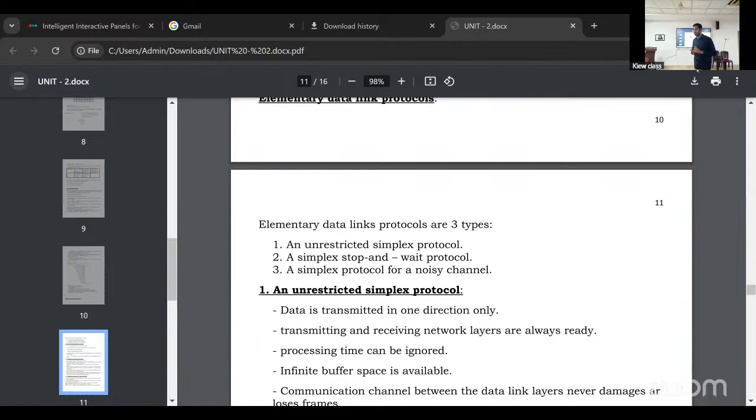What is loss? For example, credit card EMI. If you want to pay an EMI amount, particularly for a housing loan or any personal loan, any payment, we have some deadline. Within that time, you need to pay the amount. If the deadline is expired, what will happen? I can send a message. So here, within the timeline, if you do not give any acknowledgement, you assume that data is lost.